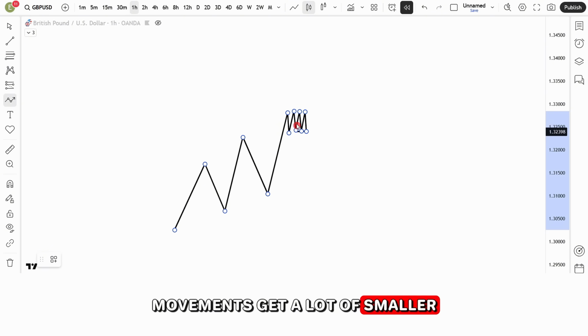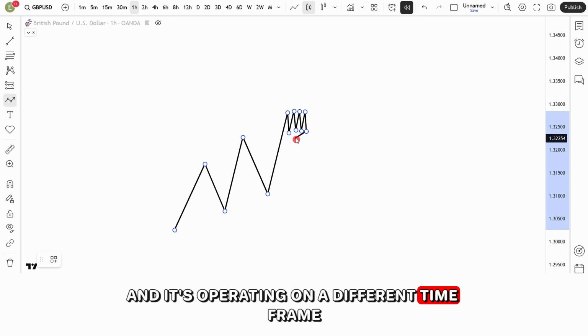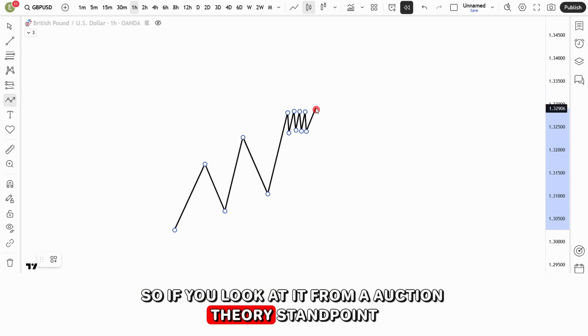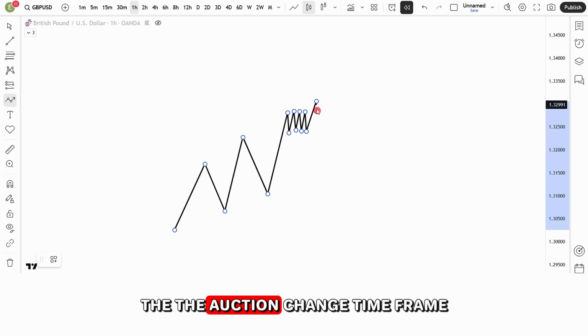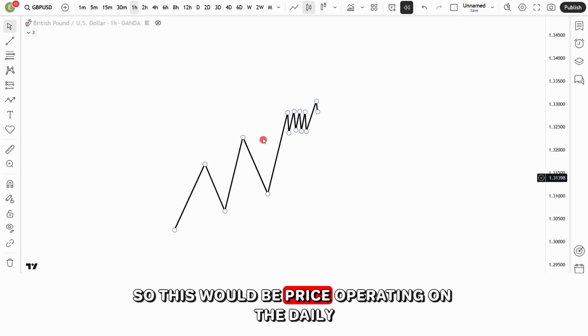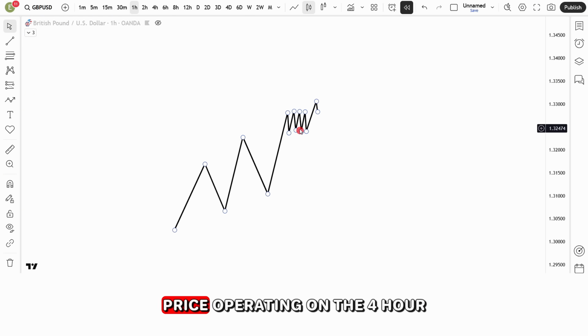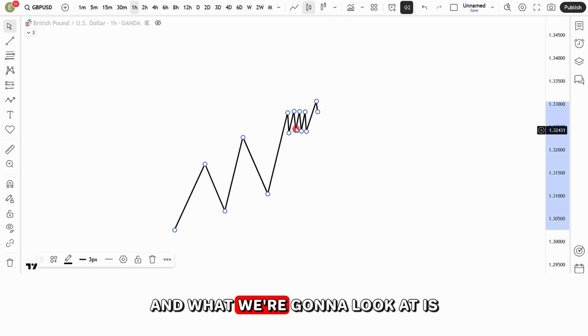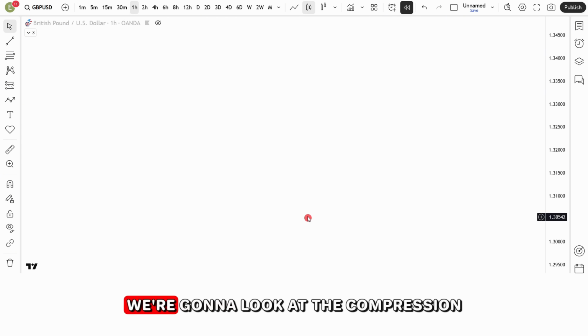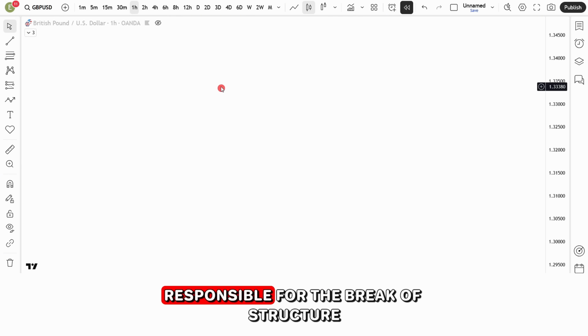Movements get a lot smaller and it's operating on a different time frame. So if you look at it from an auction theory standpoint, the auction changed time frame. So this would be price operating on the daily, let's say, and at this specific point, price operating on the 4-hour. And what we're going to look at is the compression responsible for the break of